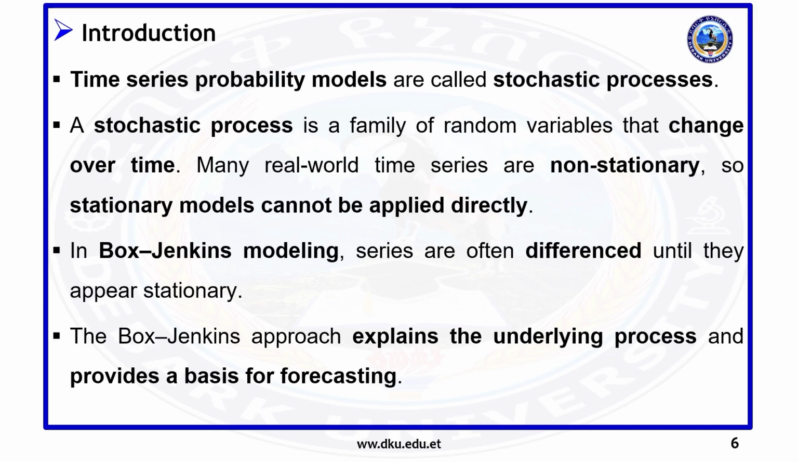Time series probability models, called stochastic processes, are essentially random events that change over time. Examples include daily stock prices, monthly sales, or temperature readings. Many real-world time series are non-stationary, which means that the average or variability changes over time. Because of this, we cannot directly apply simple models. That means patterns are not consistent enough. In the Box-Jenkins model,